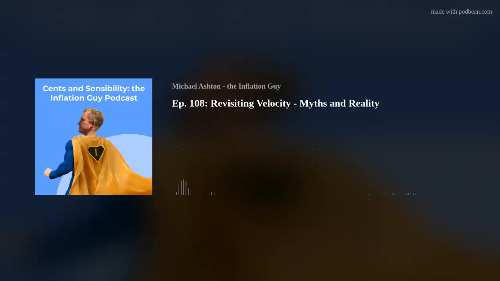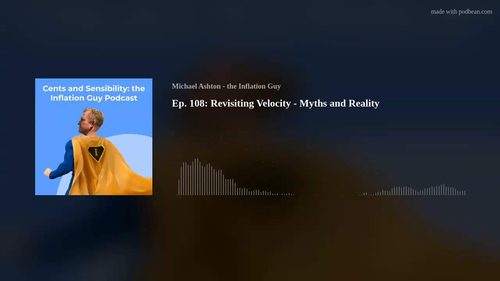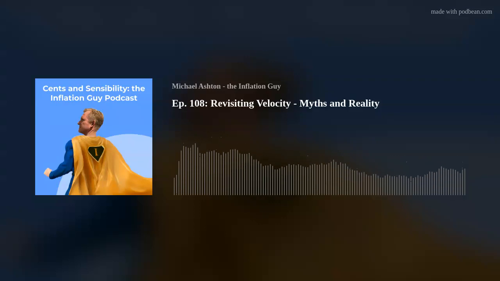And when I talk about the vicious cycle, by the way, I'll occasionally talk about this. Actually, maybe I haven't talked about it in a while. What I mean is that higher inflation causes higher interest rates. Those higher interest rates cause higher money velocity, and higher money velocity means higher inflation, which starts the cycle going around again.